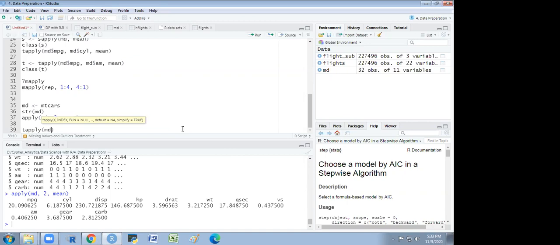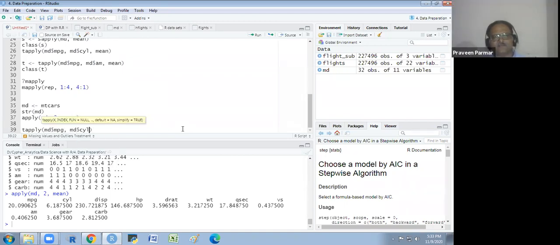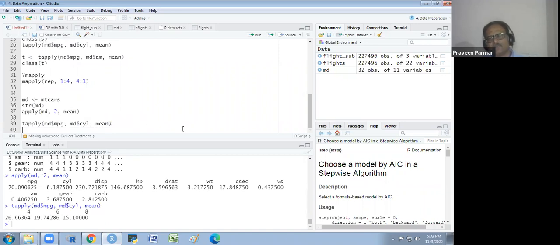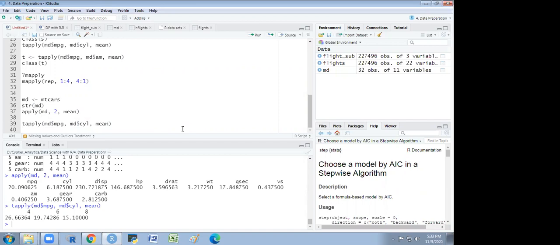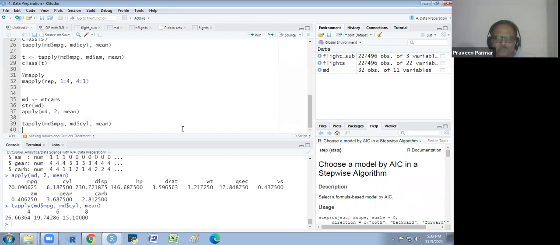I am taking the cylinder. Got it? Yes. And then I find the mean. So I'm getting the mean for all 3 categories of cylinder. Yes, sir. The same process we are doing with dplyr.